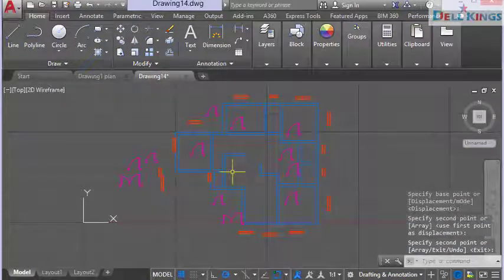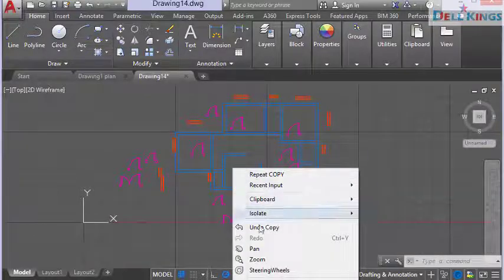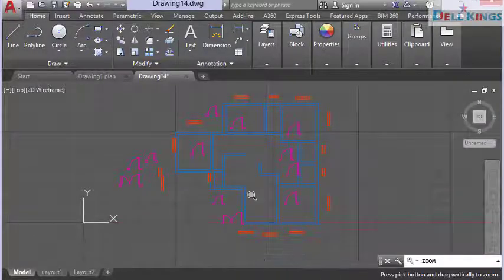So next we'll zoom in so that we can place these doors and windows properly. So let's zoom in to see this drawing clearly,